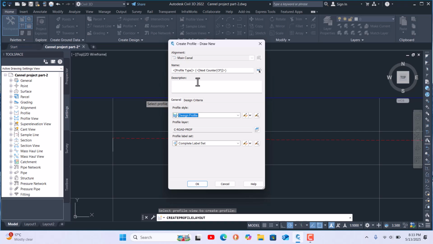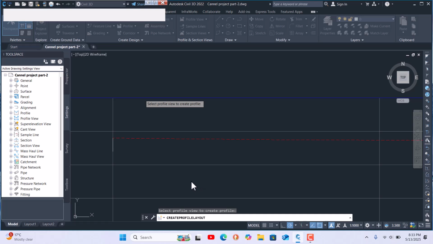Then it's asking for a name. We can see the name here, main canal design. Okay, we give this name, and the design profile style should be this one. Then the labels will be okay, no problem. Then say okay.